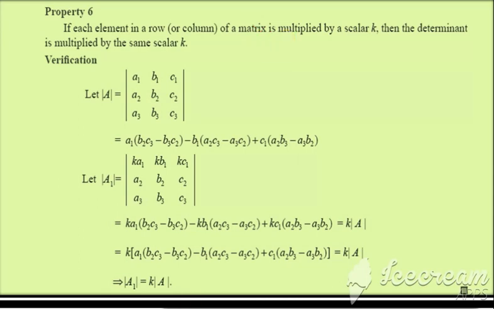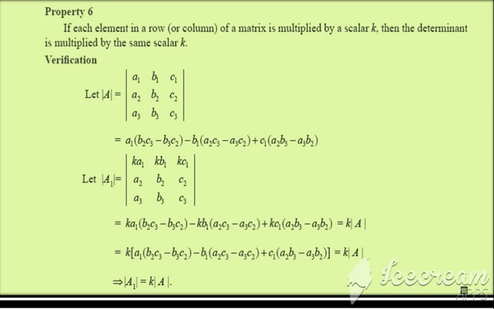It is nothing but, I am going to take determinant of A is equal to a1 b1 c1, a2 b2 c2, a3 b3 c3. Now we are expanding this. What you'll get, as in the previous sum, we know the same result: a1 (b2 c3 minus b3 c2) minus b1 (a2 c3 minus a3 c2) plus c1 (a2 b3 minus a3 b2), the same value we will get.